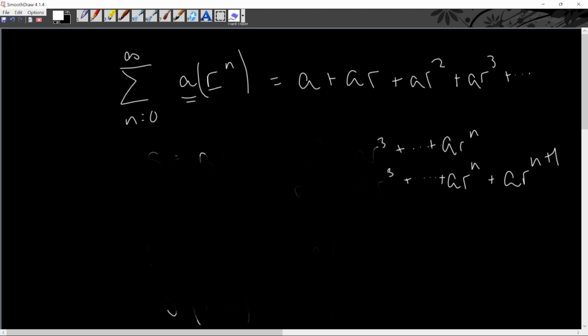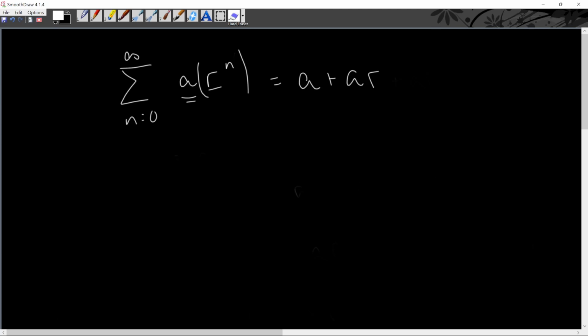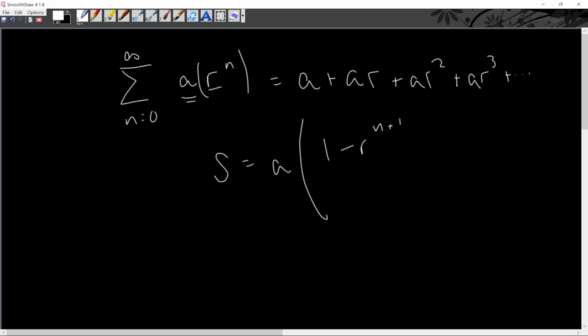Maybe I should have left that up. I'll leave that up, actually. Leave that part up. We have, so far, that s is equal to a times 1 minus r to the n plus 1, all over 1 minus r. And this looks complicated, I agree, but it's actually a lot simpler than it looks,